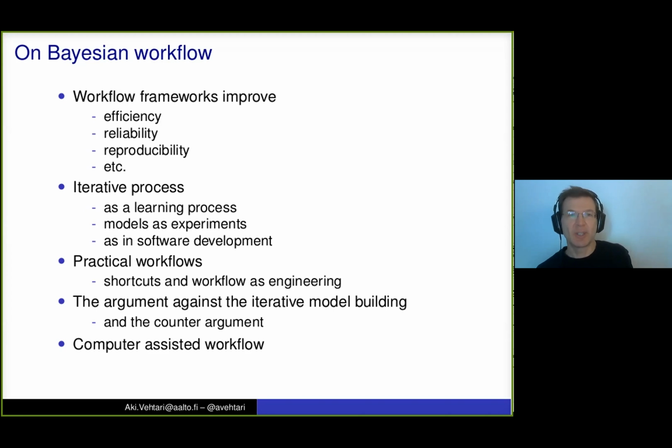For example, if using Markov chain Monte Carlo, then reporting convergence diagnostics, possible model checking diagnostics, but that seems to be currently the minimal standard, and there could be more.